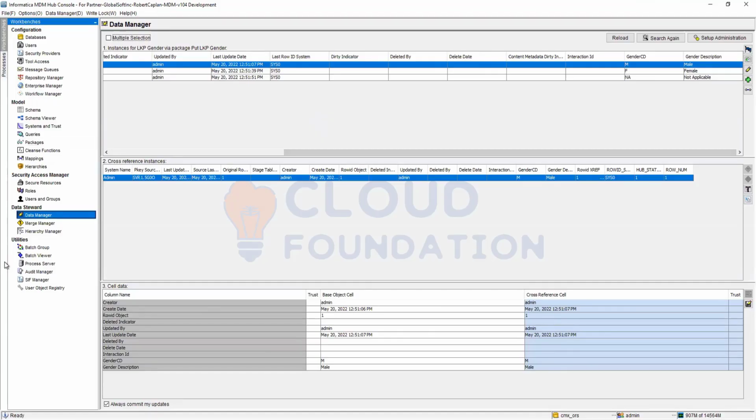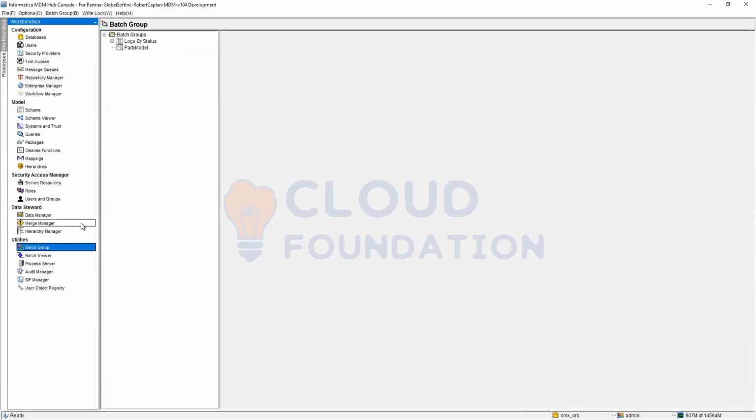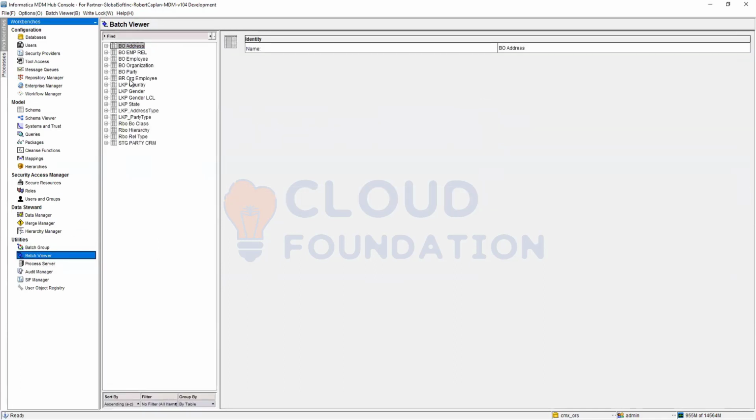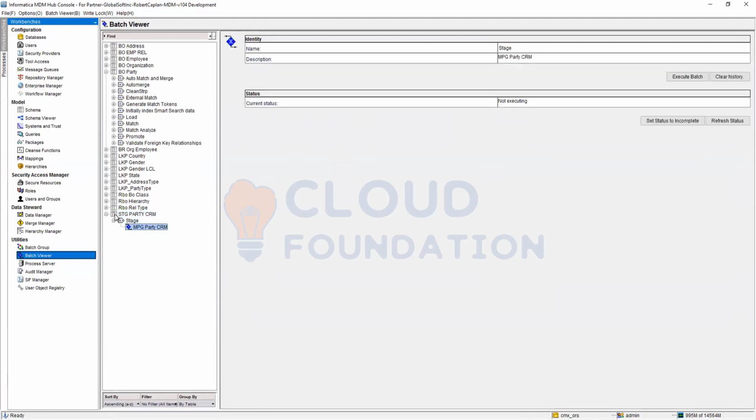Now, when we go into utilities, we have all the batch groups or the batch jobs. With batch groups, we can create a batch group with multiple batch jobs included in it. Whereas batch viewer will showcase all the batch jobs which are there for each particular table. So this one is the landing table, the staging table for that. And this is the mapping. So this is the stage process where we can see